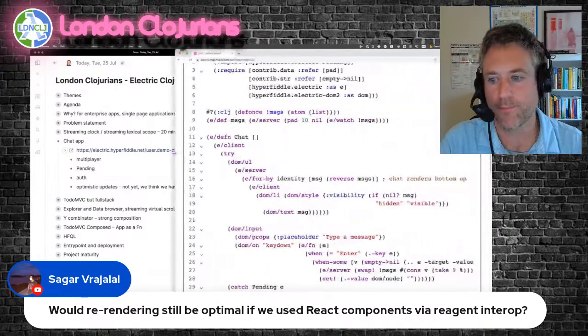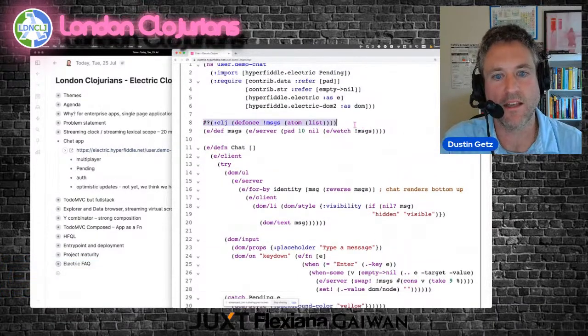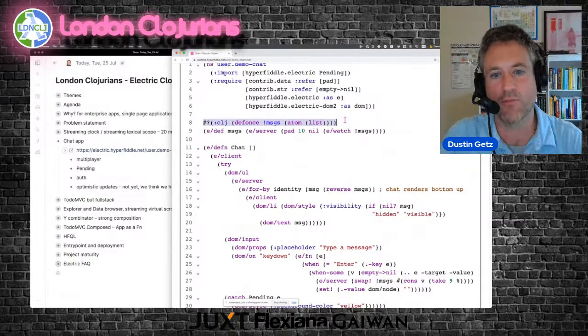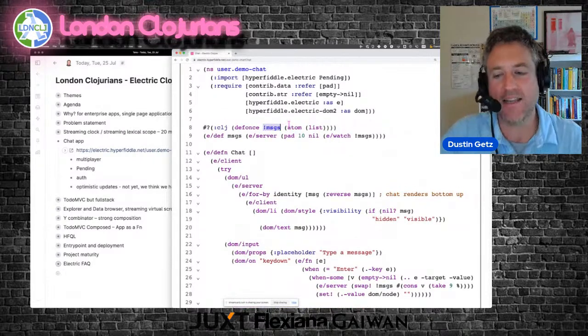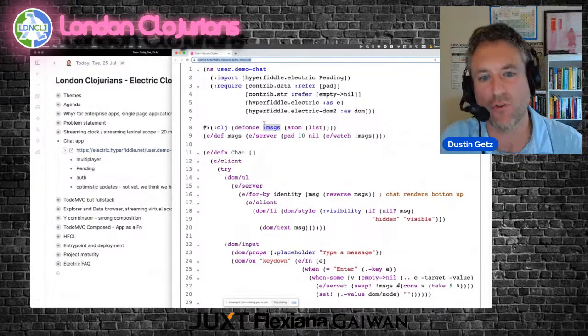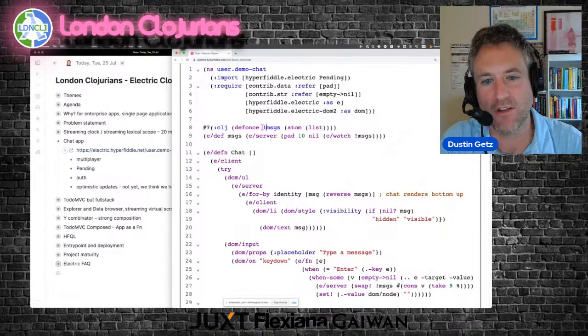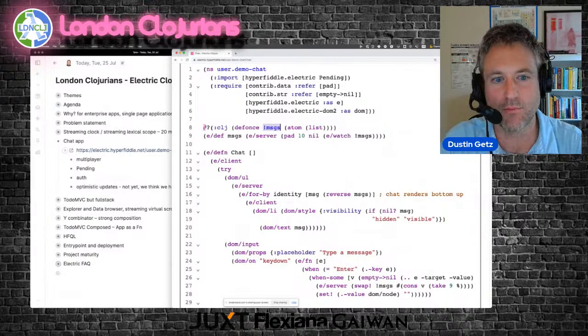How can that work? The way that works is here we are defining an atom, a poor man's database, and that atom is not defined in Electric, but is defined in Clojure. Any connected client, if you have multiple tabs, each tab will connect to the Electric server. The server is all on one machine. The server has shared memory. So this atom is available in shared memory as global state because we defined it globally using def to all